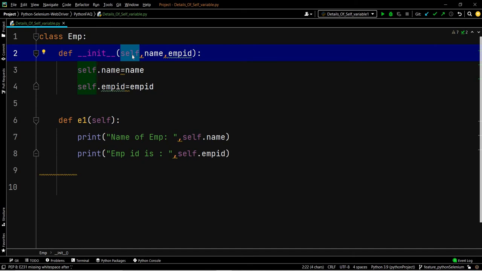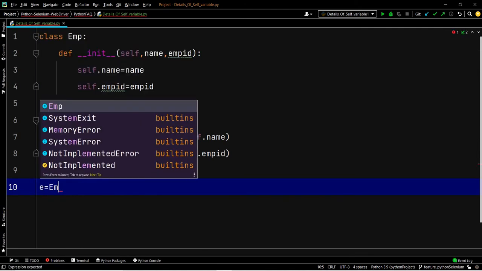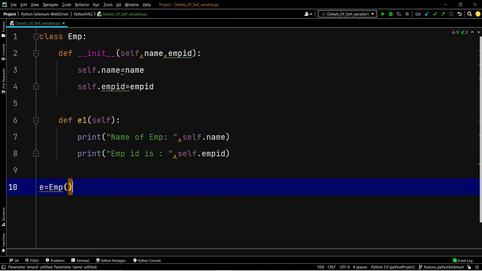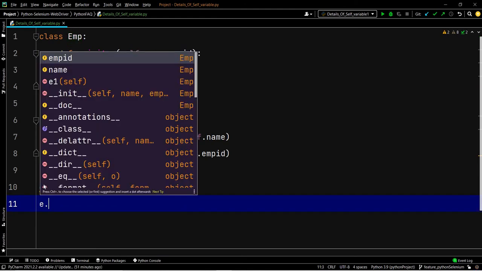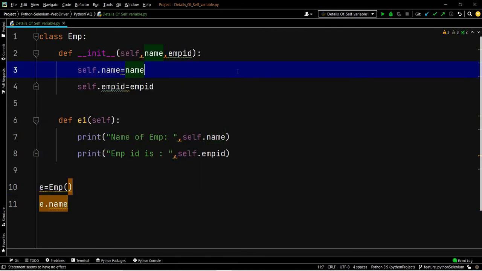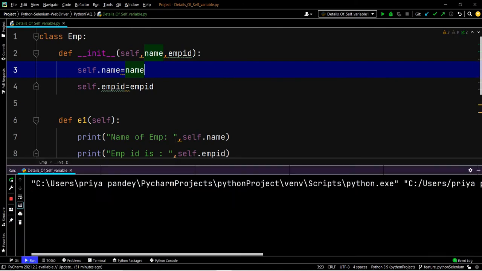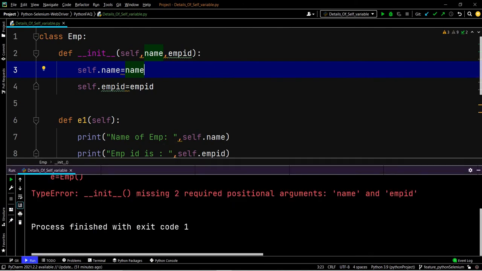Now see, as we stated earlier, self is always pointing to the current object. So whenever we create an object, let's suppose e equals emp, and e1 is the method. If we execute this, see what happens: it will print __init__ missing two required positional arguments, name and employee id.